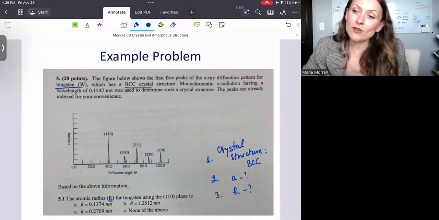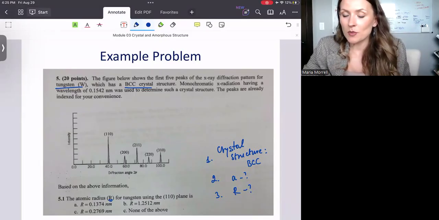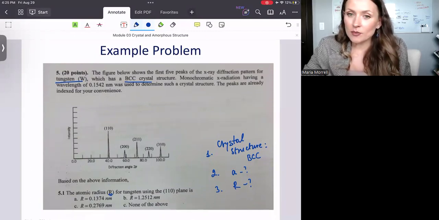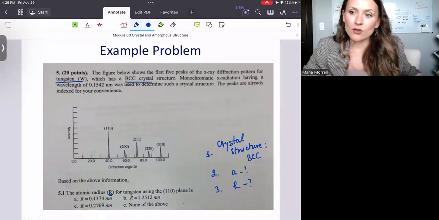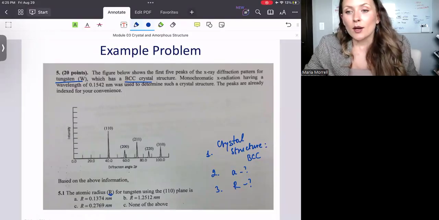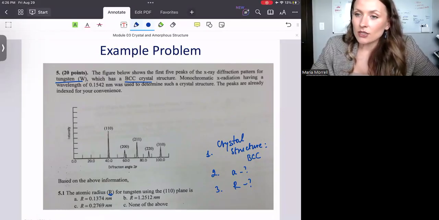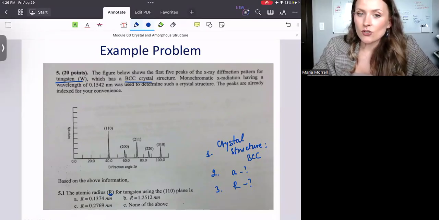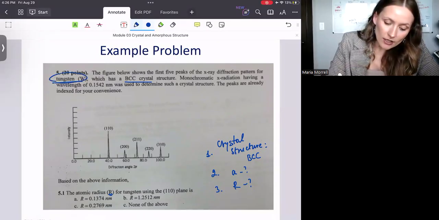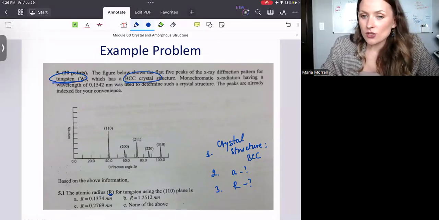So this is why I won't give you something like that, because for examination purposes, I always provide you access to every single appendix that you can think of, right? Because I want to challenge you a little bit, but still have you in the comfort zone. But the beauty of this question, I would probably not disclose the material itself. I will not disclose that this is tungsten, and I will not disclose the crystal structure. So these two that are highlighted here would probably not be disclosed to you,